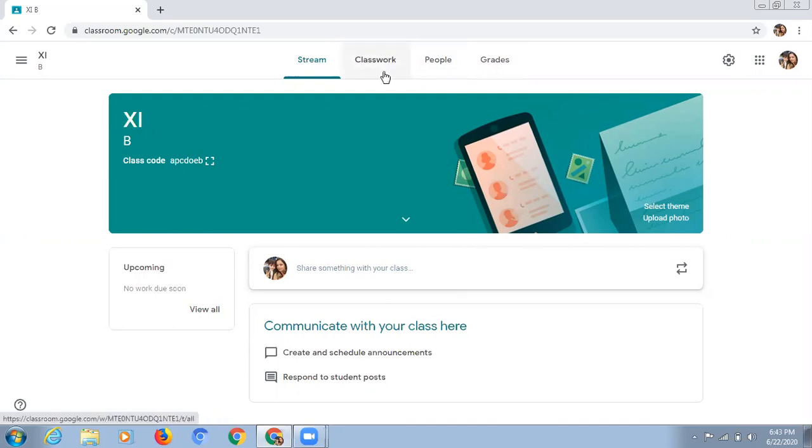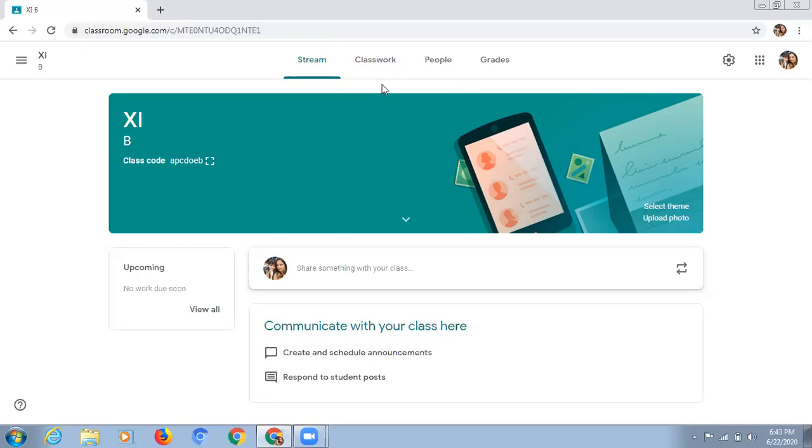Now the next task is to give the test to the students. It is advisable to make a test on MS Word, the way you create in school. That would be very easy for you, as you are all familiar with the tools of MS Word. Let's suppose I have already made a paper on MS Word and it is on my laptop. Now I have to give that test to my students.